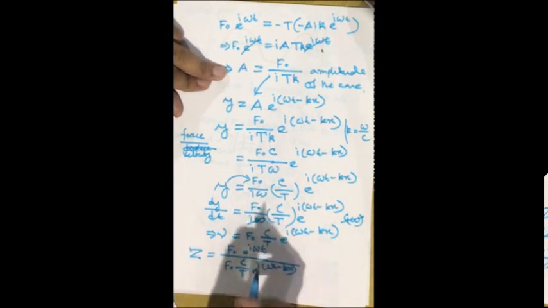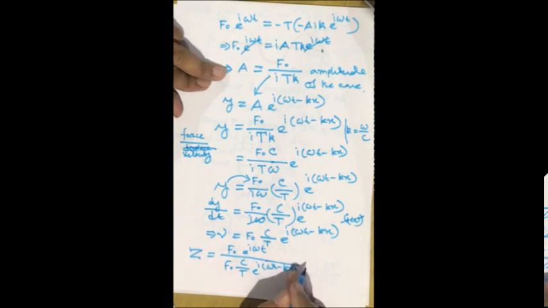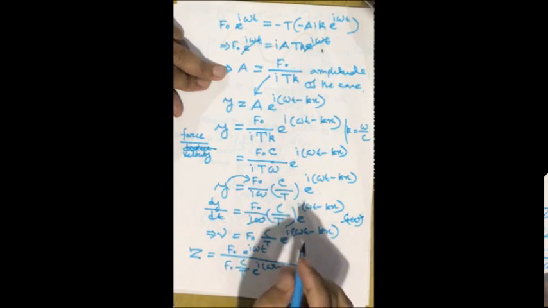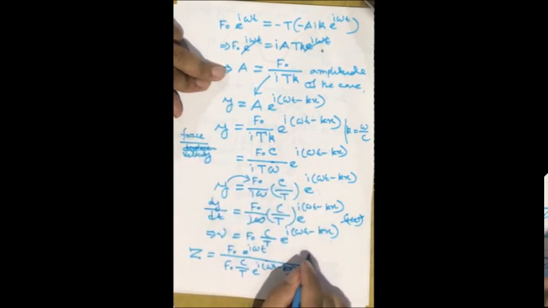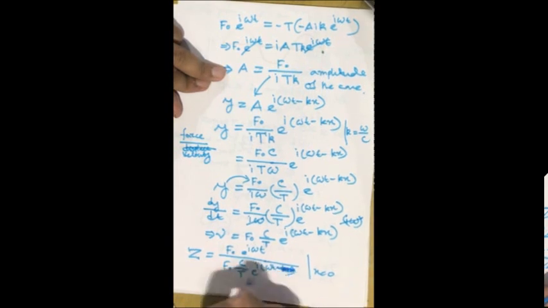Now at the point x = 0, the quantity kx gives us 0, because we are concentrating on the point x = 0. So we put x = 0 here, and this part will not be there in the expression. So F₀ e^{iωt} divided by F₀ c/T e^{iωt}: this part cancels, F₀ cancels, and it will be T divided by